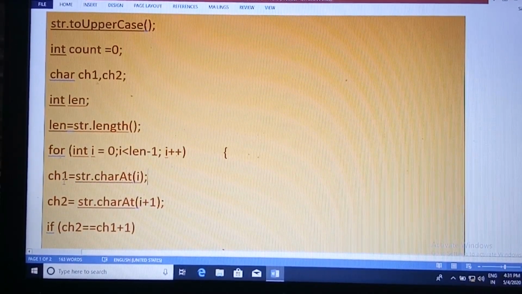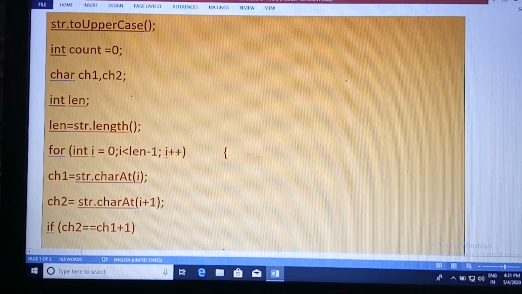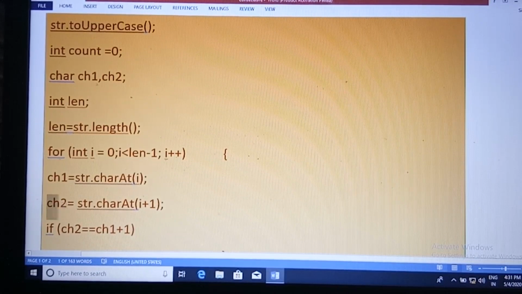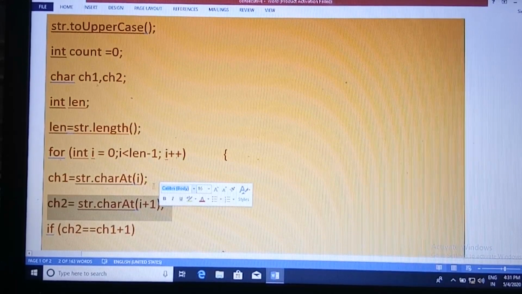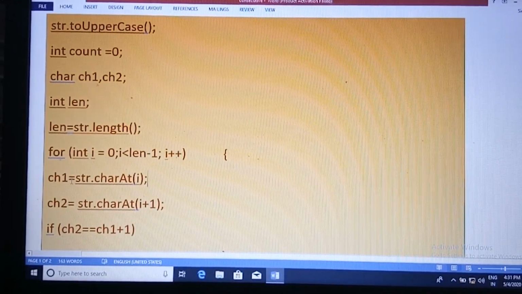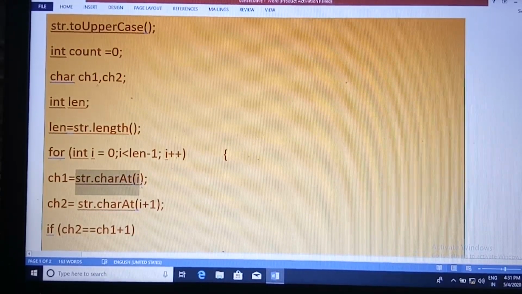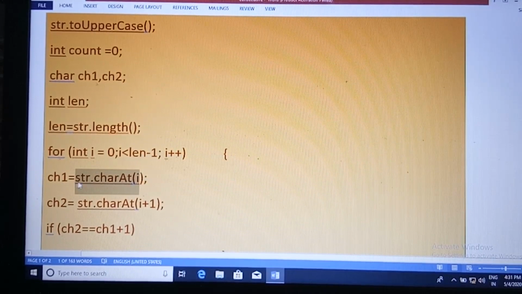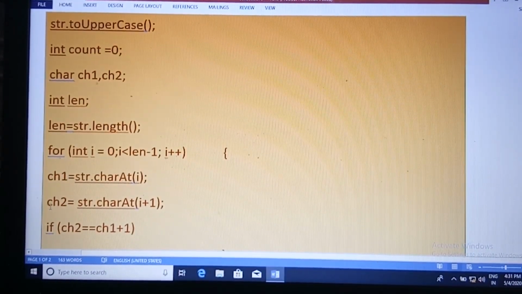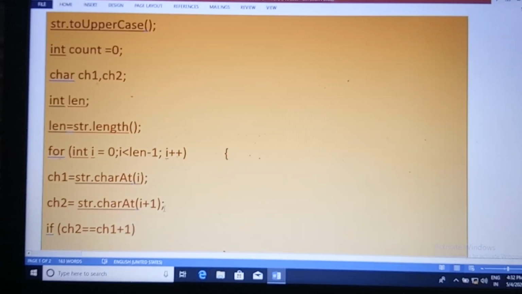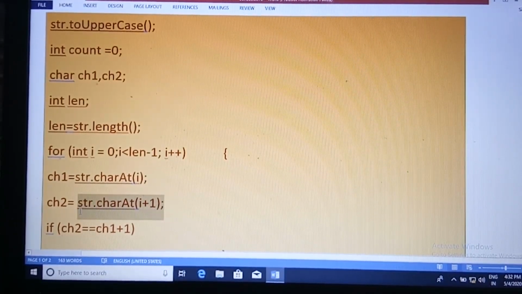Here, inside the loop, ch1 equals str.charAt(i) and ch2 equals str.charAt(i+1). In the variable ch1, first the alphabet in the 0th index position will be stored, and in the variable ch2, the alphabet in the first index position will be stored.